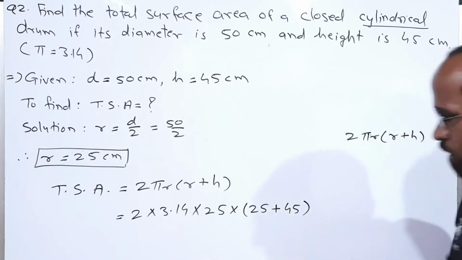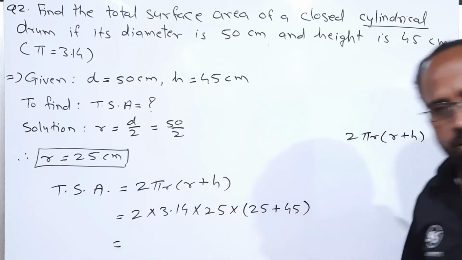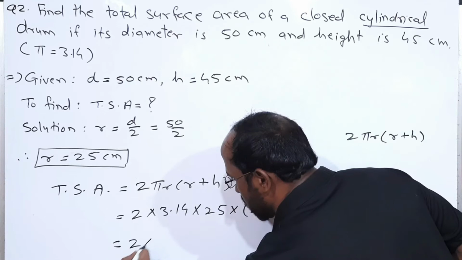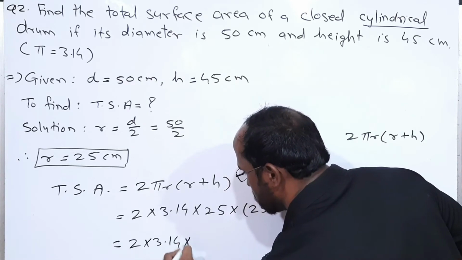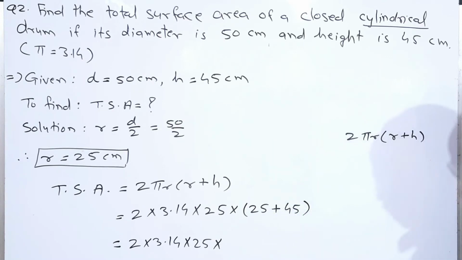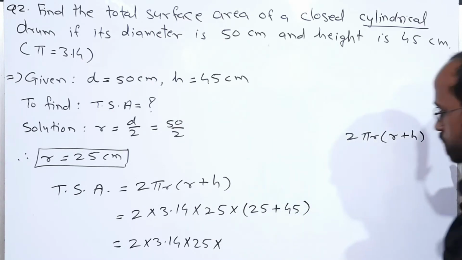Clear guys? Now according to BODMAS we have to solve this bracket first. So 2 multiplied by 3.14 multiplied by the bracket 25 plus 45,